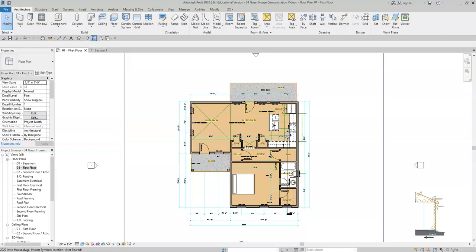Site Modeling Video 1. In this demonstration video, we will create a generic site for our 34 by 34 guest house. In the future, you will create a custom site based on the location and the site of the building in which you are designing. For now, though, we will create a generic site, and I will show you the steps to do so. But know in the future, you will be required to create a site which is exactly to the specific location